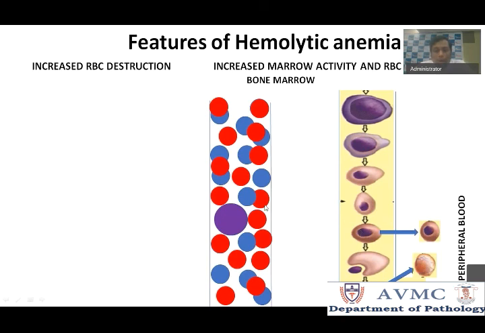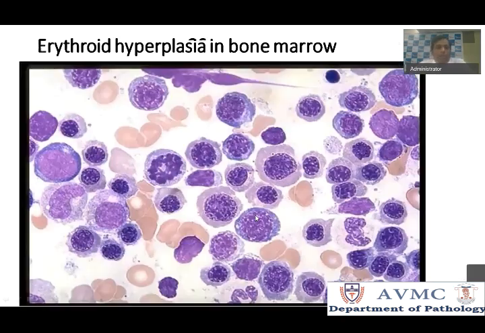In the marrow, you find erythroid hyperplasia. Normally we don't do marrow in hemolytic anemia in practice. But if you do a bone marrow aspiration for any hemolytic anemia, this is what you find. You find a lot of erythroid precursors. This is all erythroid, this is all erythroid. You hardly find a myeloid here. Yeah, here is a myeloid, here is a myeloid. Beyond that, I couldn't find any, it's all erythroid. So this is all compensatory erythroid hyperplasia. If somebody asks you what the bone marrow finding is in hemolytic anemia, close your eyes and say erythroid hyperplasia. Put the word compensatory before it. So compensatory erythroid hyperplasia happens in the marrow.